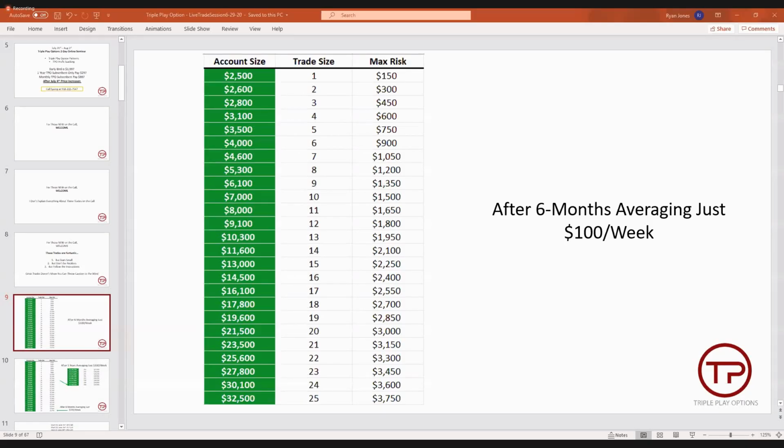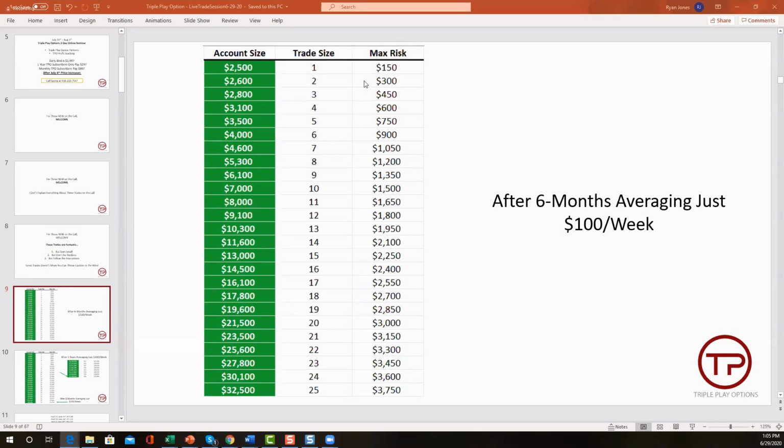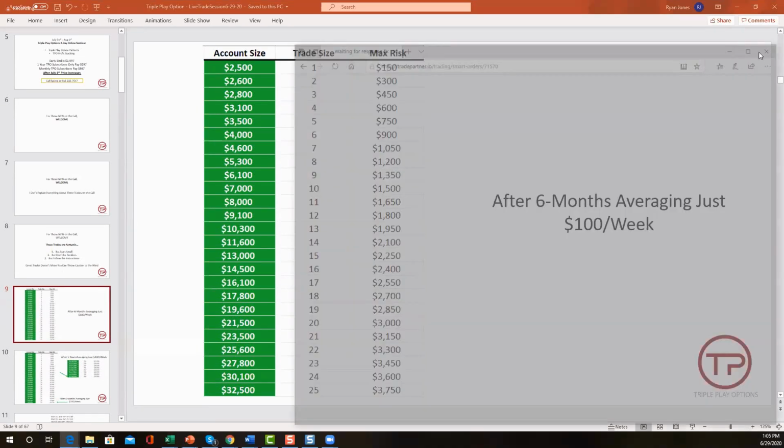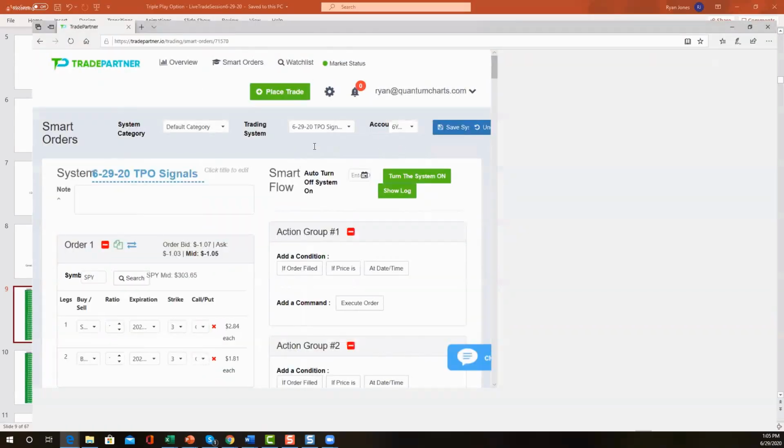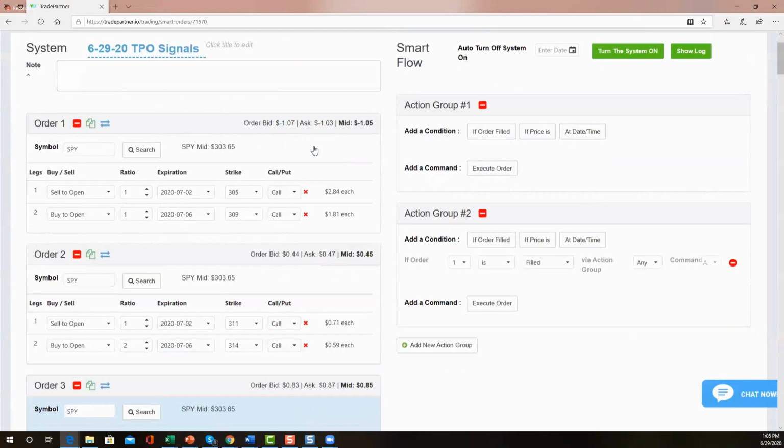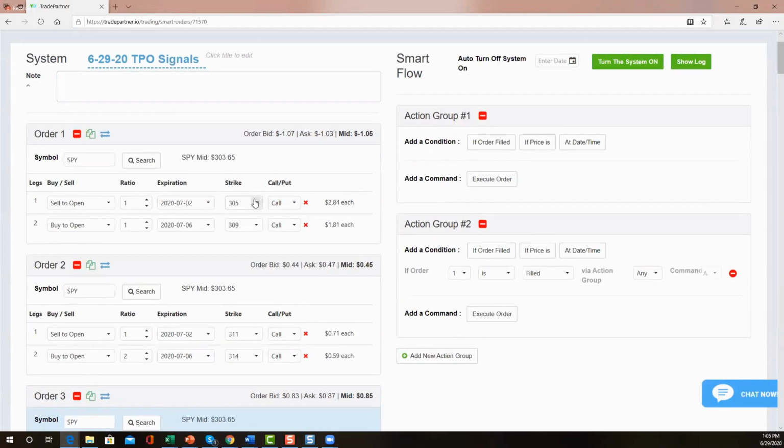So let me switch the screen share, and I'm just going to go to screen 5. And then bring this over. All right, so here is one that I've actually already taken. Actually, no, that's not true. I took one slightly different than this. Well, I'll get to that here in a second.